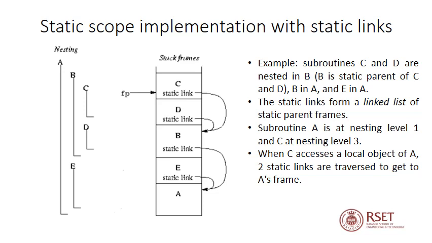Initially, let's assume that the subroutine A is executing, and that implies that its activation record is pushed onto the stack frame. You can check out the figure shown towards the middle. In that we can see that the activation record of A is shown at the bottom. After the activation record of A is pushed, suppose the subroutine E is called. E is enclosed within A, and now the activation record of E gets pushed onto the stack.